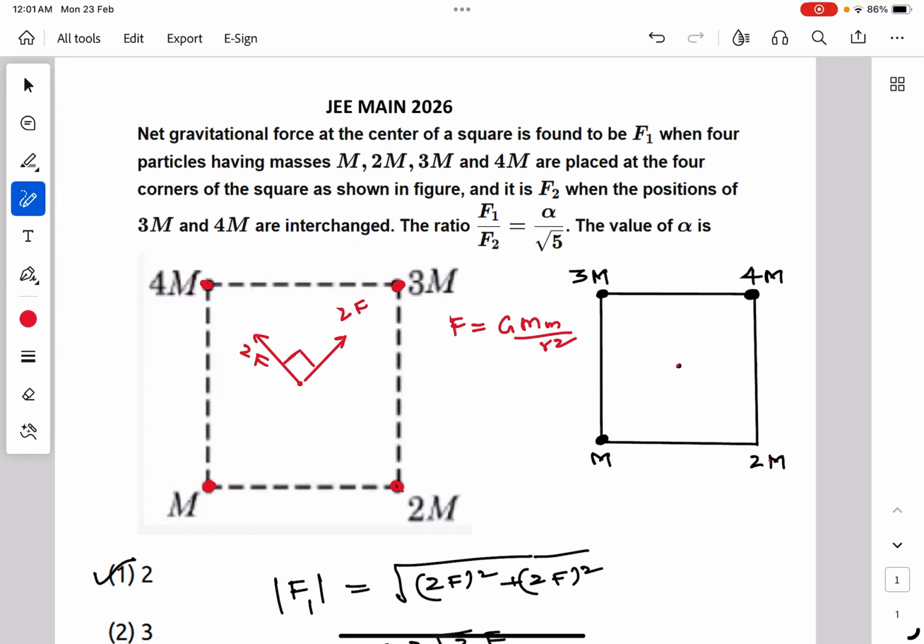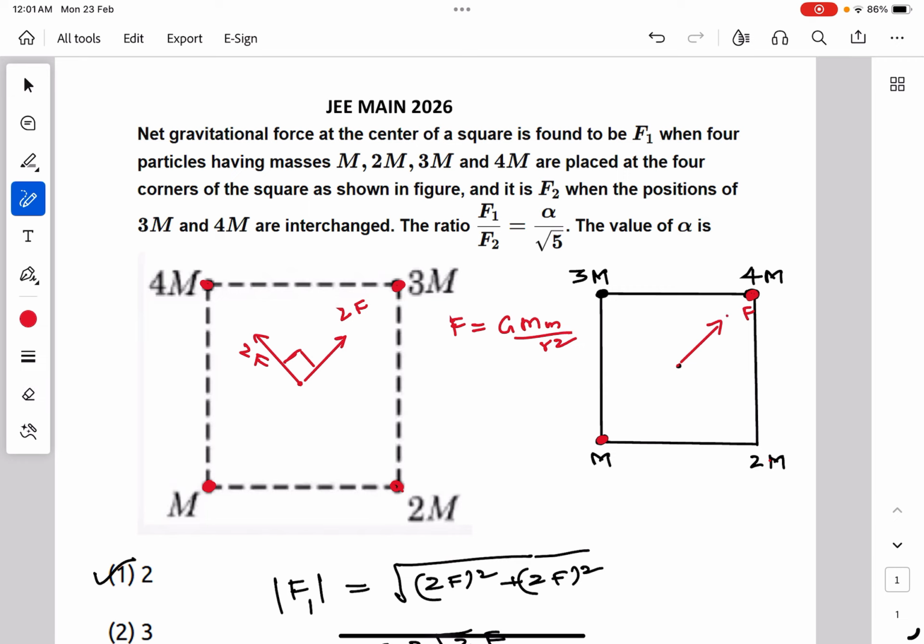Force due to this particle of mass m would be in this direction, and this would be F. Force due to this particle of mass 4m would be 4F in this direction. Since these two forces are opposite to each other, the resultant would be